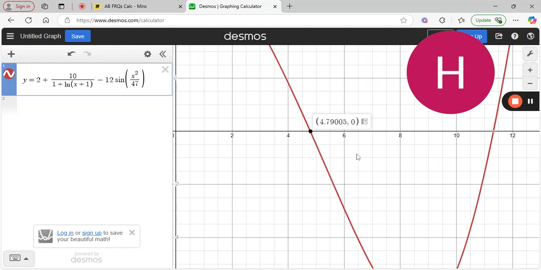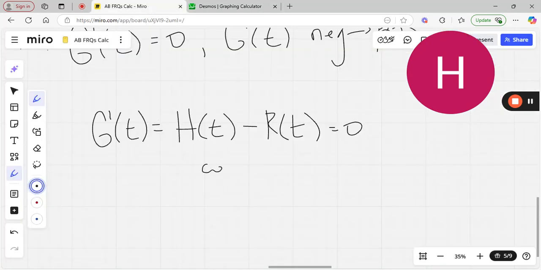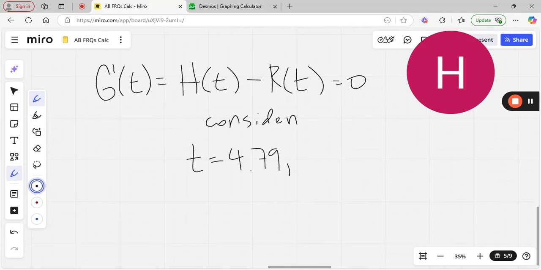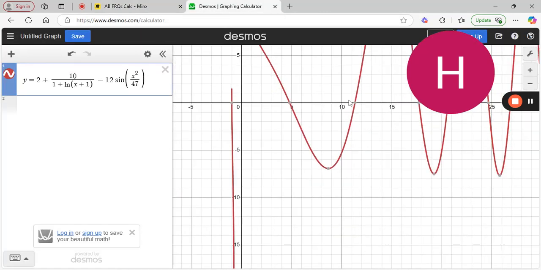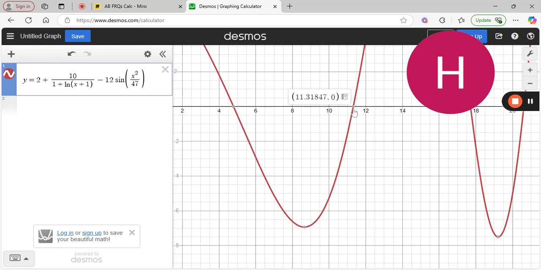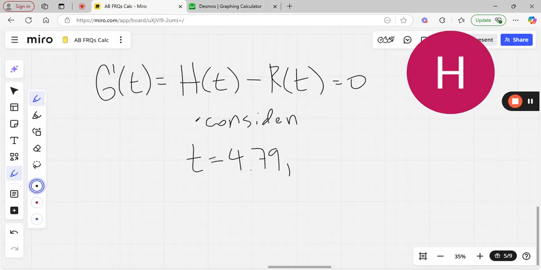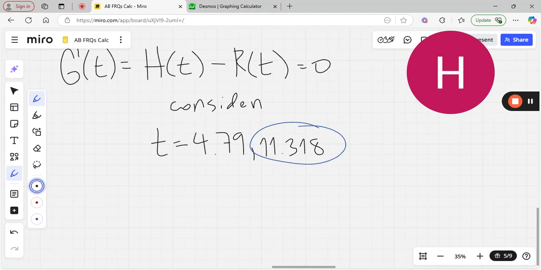Here's where it equals 0, but that's going from positive to negative. So this is going to be producing a maximum. So we consider t equals 4.79. We're also going to consider, I think it's just worth mentioning that we're considering it, 11.318. We're going to say here G of 11.318 is a minimum